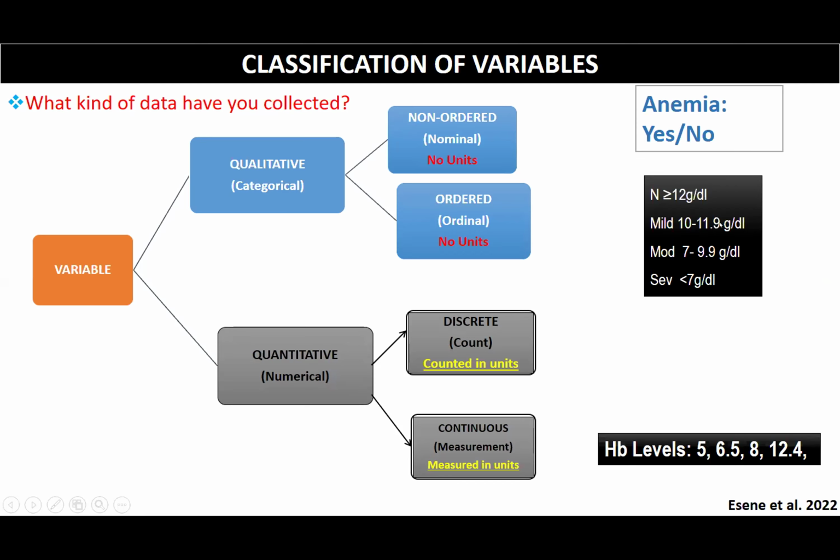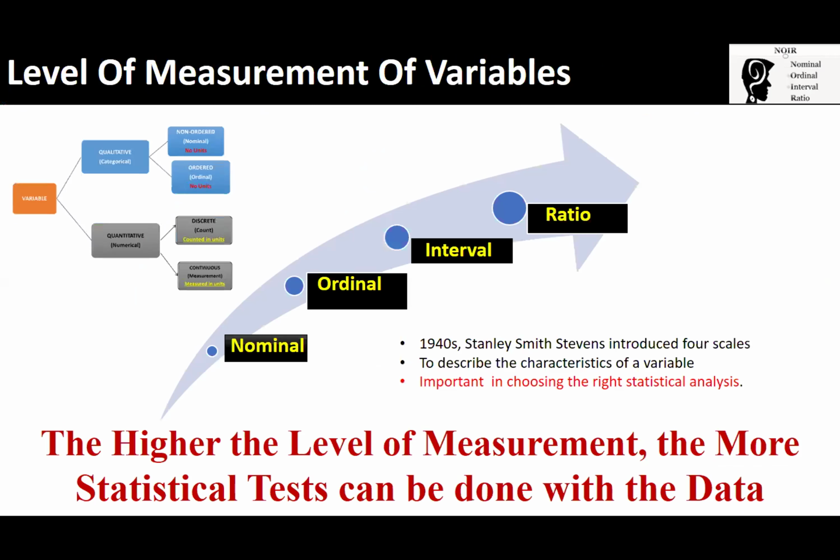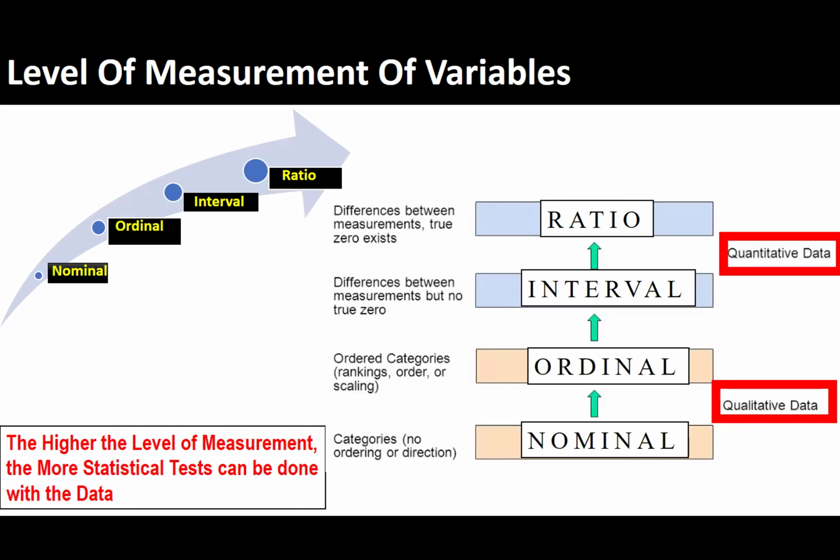We can just decide to take a cutoff value, say hemoglobin less than this, the patient is said to be anemic or not. So in that case, now it's going to be non-ordered. But it's preferable to have your data as continuous data. Then later on during the process of statistical analysis, you can then recategorize it. So this brings us to the concept of level of measurement. The level of measurement varies from nominal through ordinal, interval to ratio. The preferred data which we need to have when doing research is the ratio, because with ratio data, we can do as many statistical tests as possible.